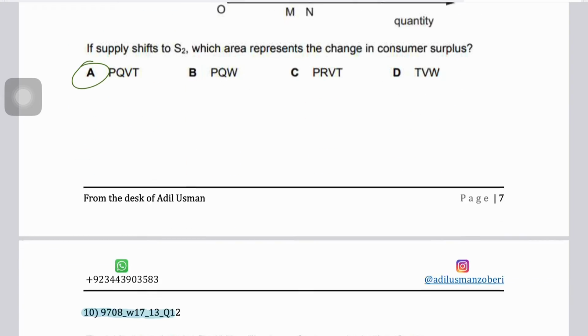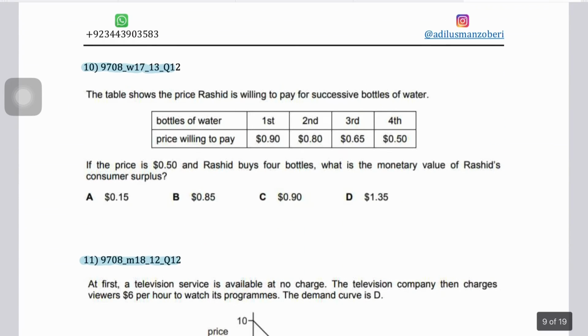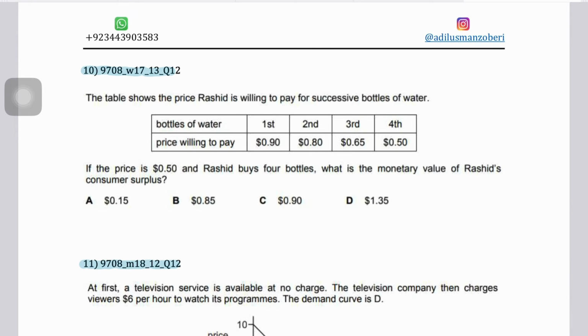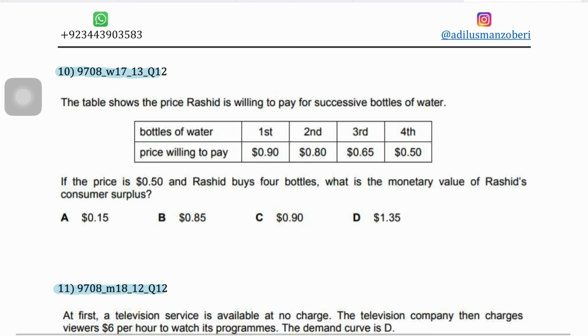And now, guys, moving on to the next question. It says the table shows the price Rashid is willing to pay for successive bottles of water, and 4 bottles of water he has bought. It represents the price he is willing to pay. Obviously it will go down each time he buys more water, because the marginal utility for additional bottles of water goes down. Now if the price is $0.5 and Rashid buys 4 bottles, what is the monetary value of